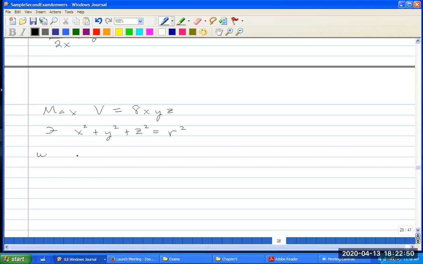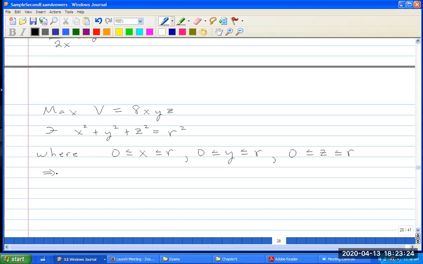I'll have to assume that x is greater than 0, y is greater than 0, and z is greater than 0, in which case x, y, and z are all between 0 and r, so that I can solve for one of the variables, let's say z, in terms of r